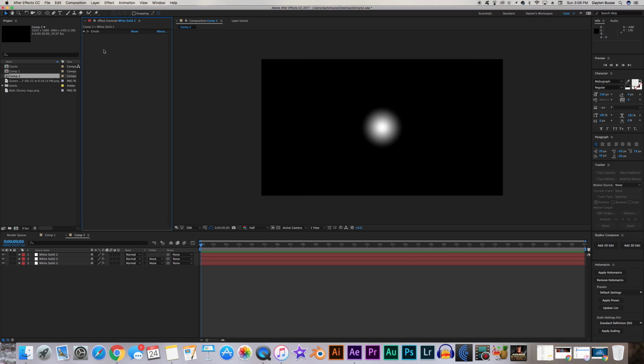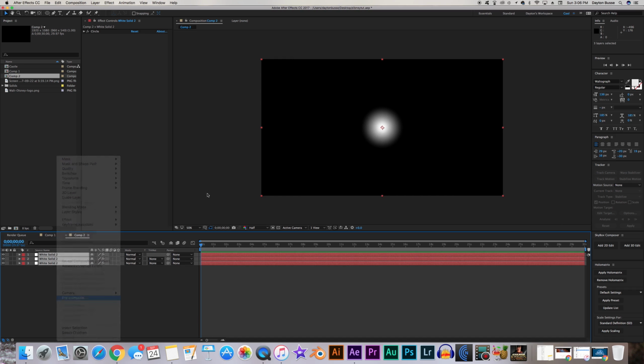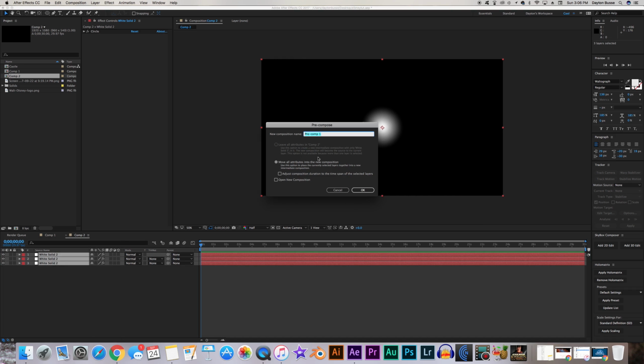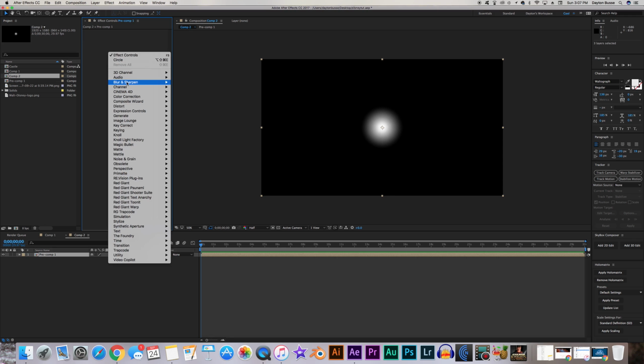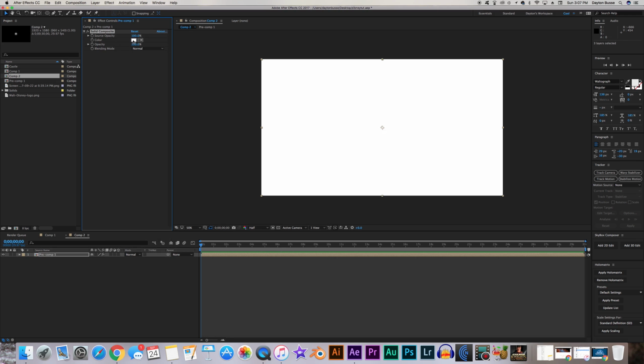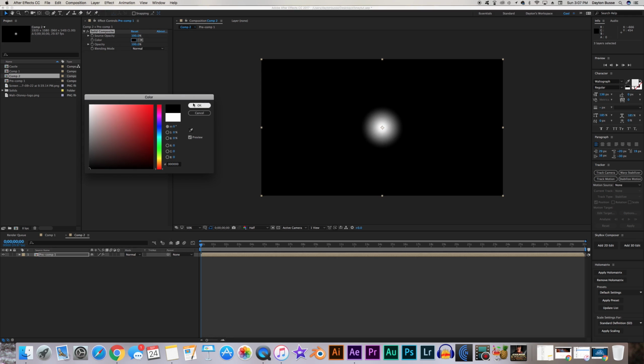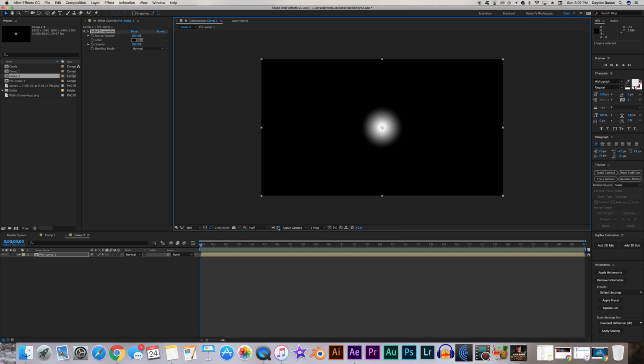We also want to add one more effect, and it's called solid composite. So now that you have all these, you can select them all, right click, hit pre-compose, and make sure move all attributes into the new composition is selected, and hit OK. In the effect controls panel, you can right click, go down to channel, and select solid composite. And make sure it's set to black, and hit OK,